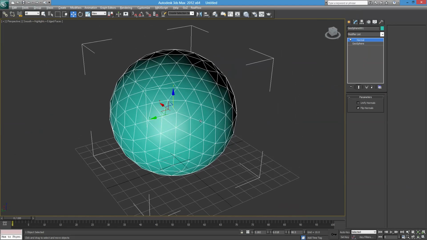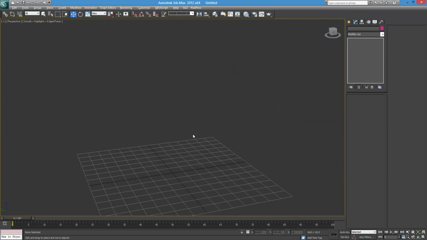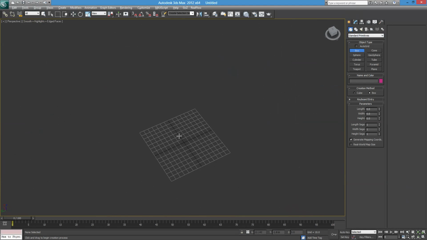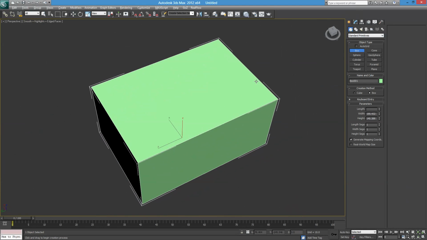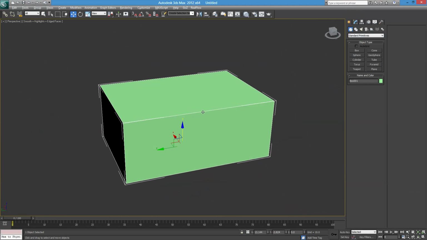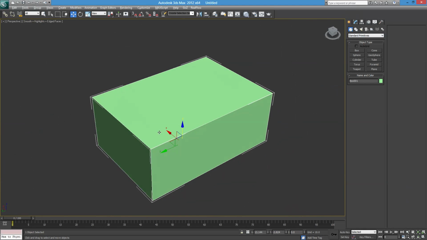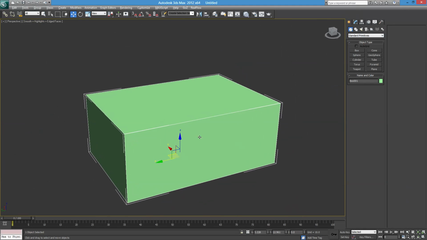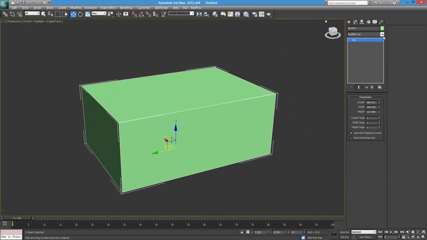Now what this is useful for is, let's say you have a room that you want to create. So I'll create a box from scratch, and this is going to be my room that I want to create. And I want to put furniture in this room, but it's kind of hard to see inside the room because the normals are facing outward instead of inward. So what you can do is, same process, I'm going to do it backwards this time. First, I'm going to